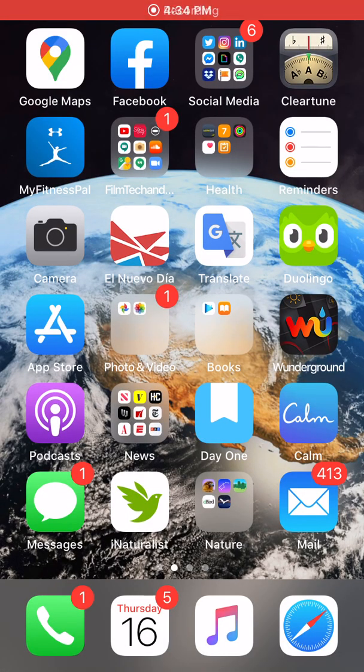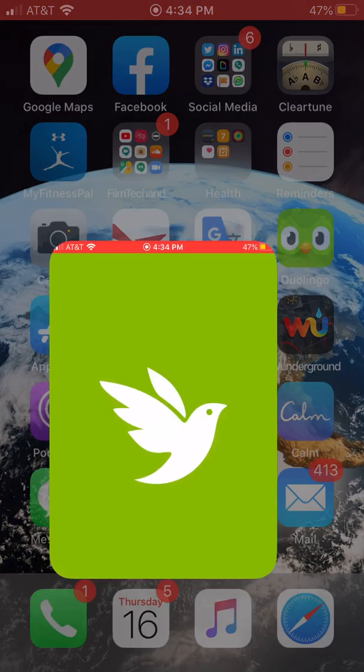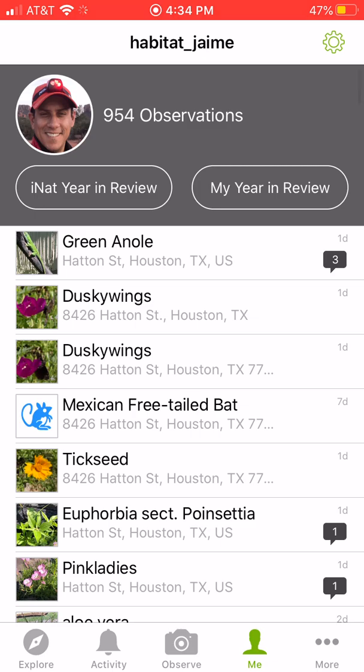Using the iNaturalist app is really, really simple. So I've already preloaded iNaturalist onto my iPhone, but it comes in Android as well for Android phones. So I'm going to click on iNaturalist, and right in the middle, you'll see the Observe button. So I'm going to press the Observe button,